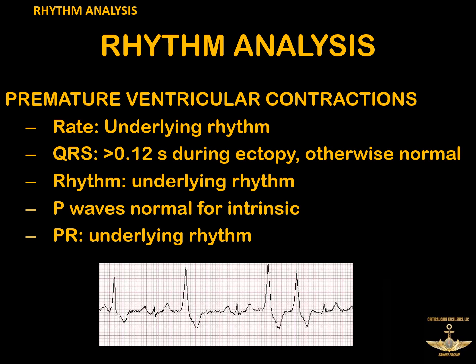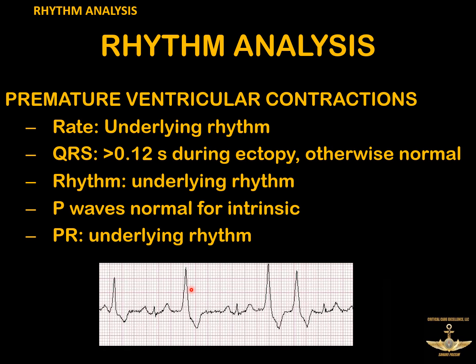So when you look at PVCs, these are going to be superimposed on whatever the underlying rhythm is. So if the underlying rhythm is regular, then it's going to be regular, and we're going to have the PVC on top of that. So you'll see down here we have an underlying sinus rhythm, that are these little beats right here. Now you should see P wave, QRS complex, and then the T wave. And then next to that, we have these big, ugly, wide, unusual looking beats. Those are your PVCs,